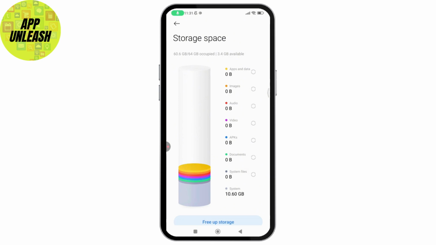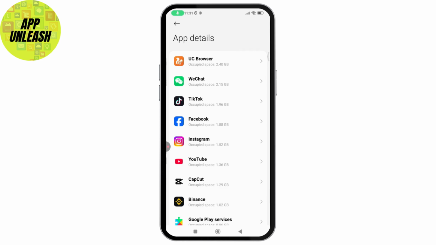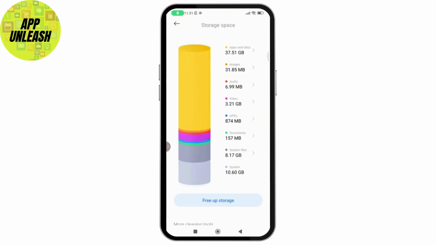If you want to clear your system storage or if you want to free up some space on your system, then first you need to see what are the things that's taking a lot of storage on your device. So in my case, it's app and data. You can just simply go and delete some apps that you're not using, or you can also just simply scroll